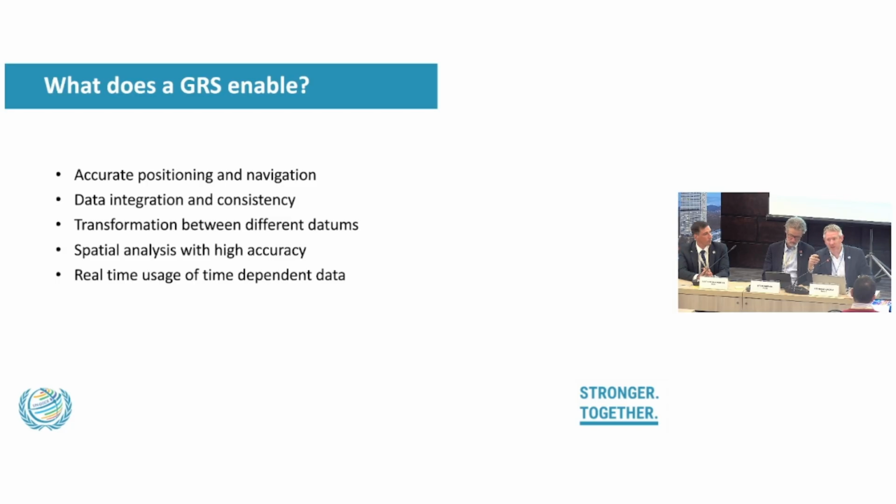Once you then have a geospatial reference system that's in the modern format, how can you then move your old data from the old datum into the new datum? That historical data is extremely valuable. So there are some steps that we take through this week talking about how you can transform your data from the old into the new. A newer version also allows things like better spatial analysis, things like GIS software that a lot of you would have used. That is reliant on having the spatial analysis tools in the software are reliant on you having an accurate datum in which you're working. And as I said, real-time usage of that data.